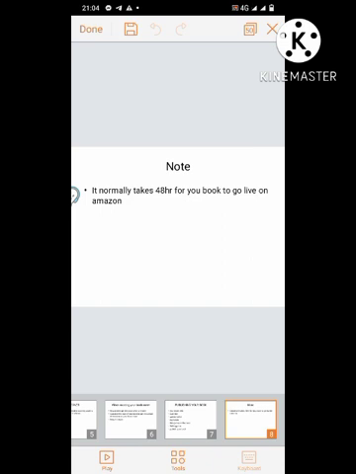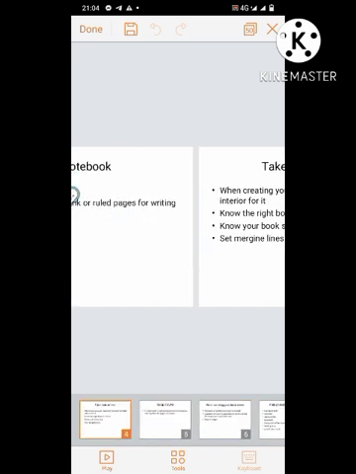There are some workers in charge of checking your book. They are human beings like us. They will check your book, and if they are good with that, they will approve it and your book will go live. So let's get started with the first stage of our presentation, which is